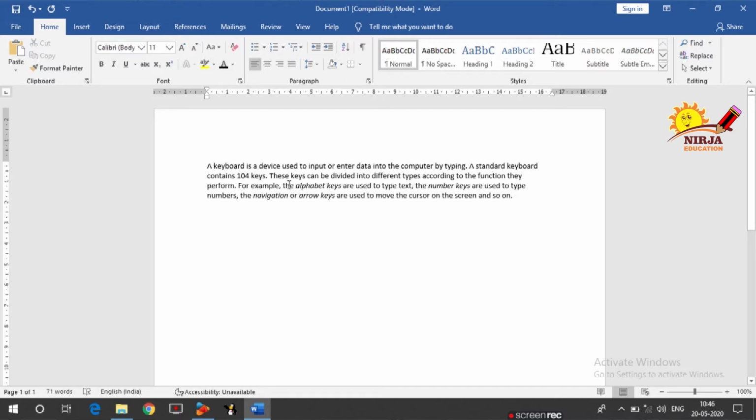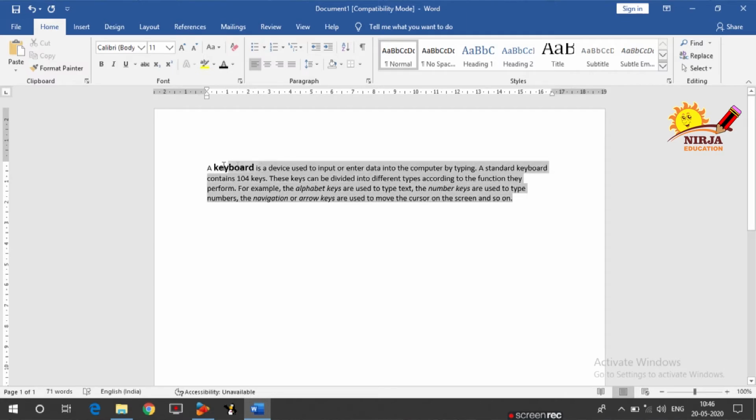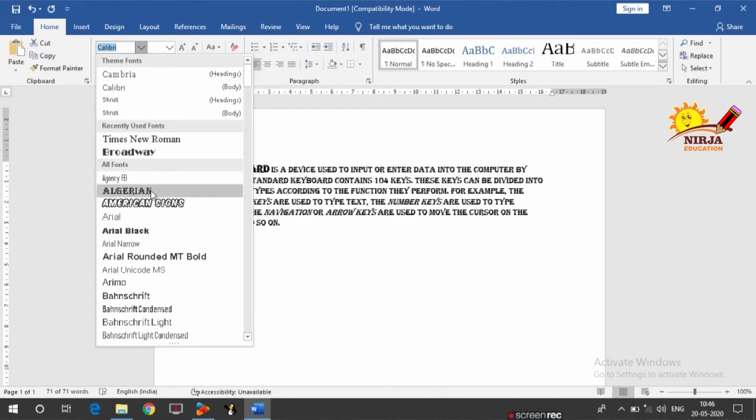Now formatting the paragraph with the use of the font tool or font group. I am going to select the word keyboard. I will make it bold and I will increase the size of that to 14, right? In the same way you can follow the steps for the rest of the paragraph. Select the paragraph, change the font from here,